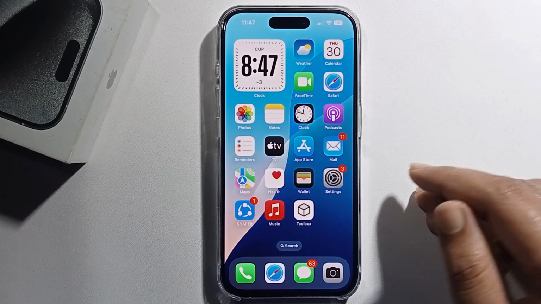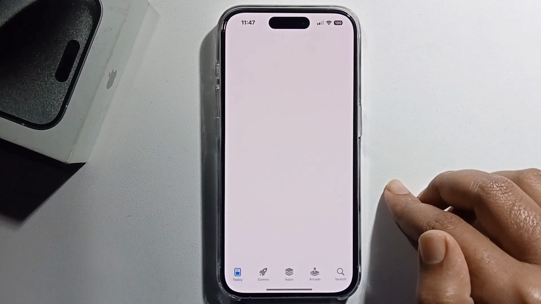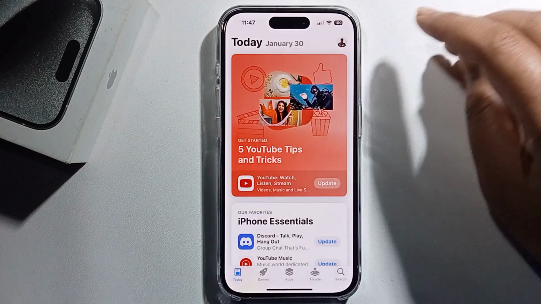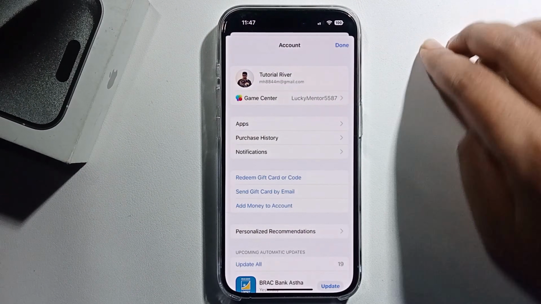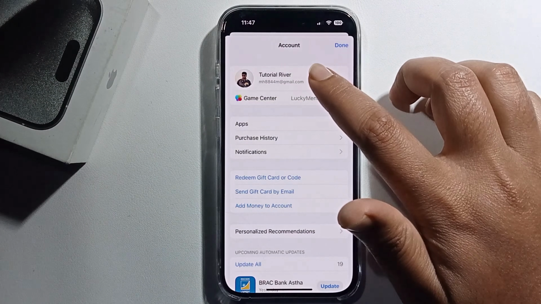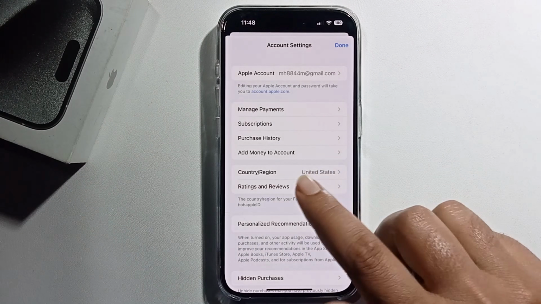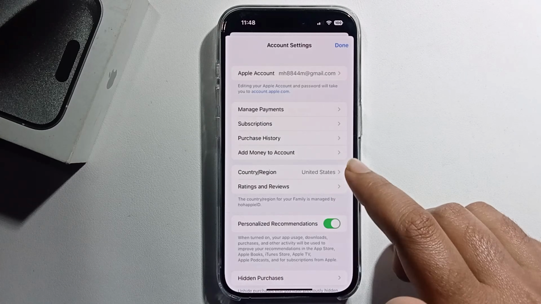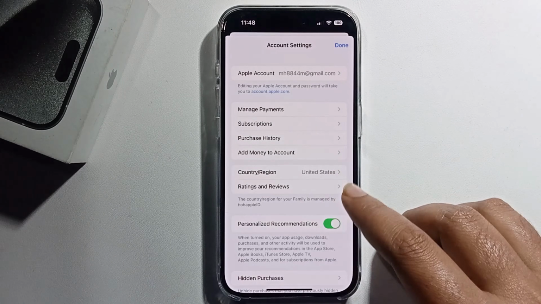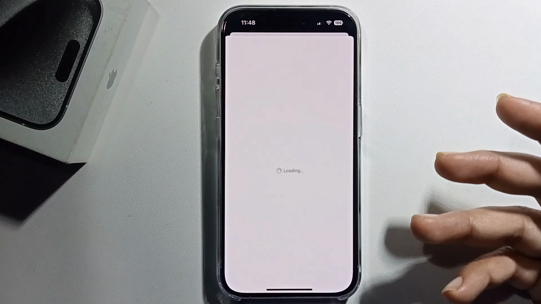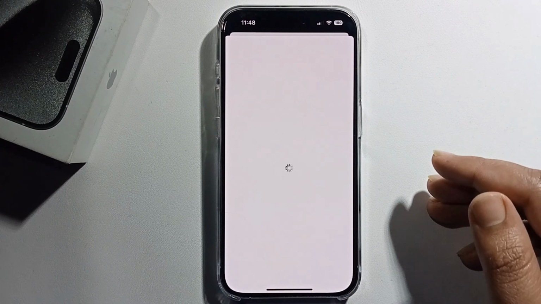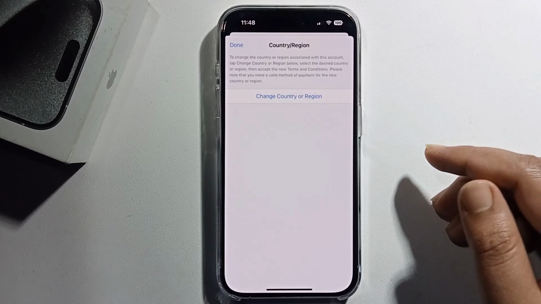And the second solution, open App Store, click on your profile and click on your profile name, and then you'll see Country or Region. Now I'm living in the United States, so select Change Country or Region without USA and UK. Like I'm selecting France,